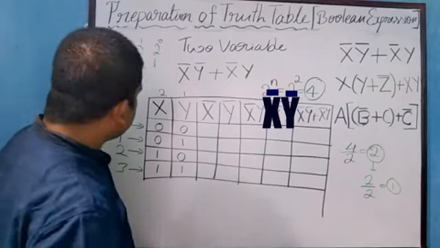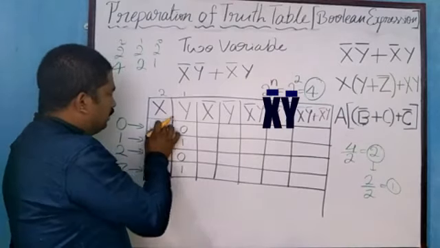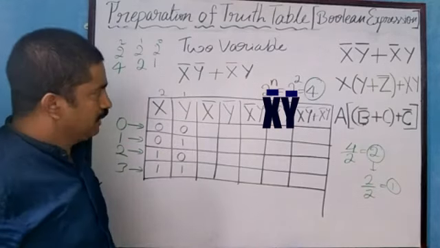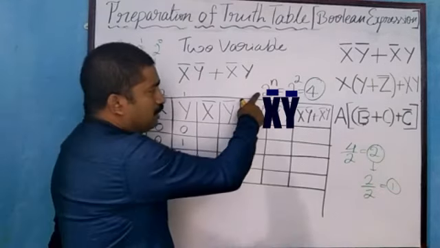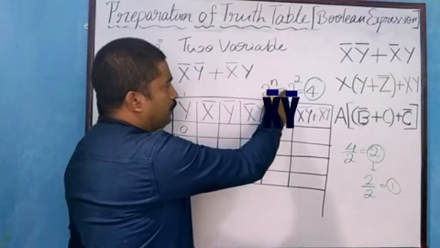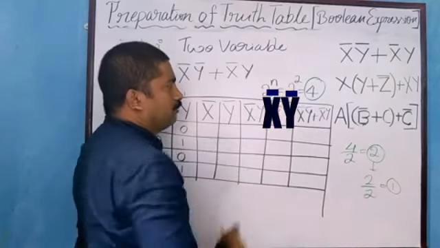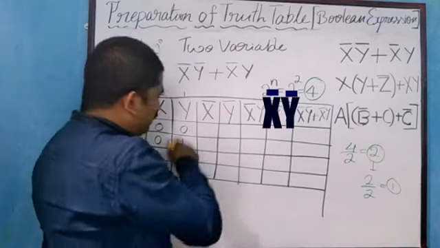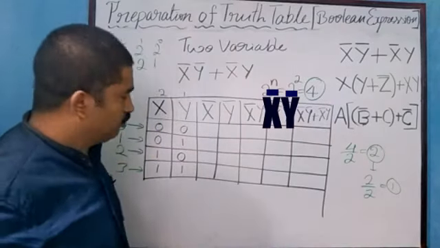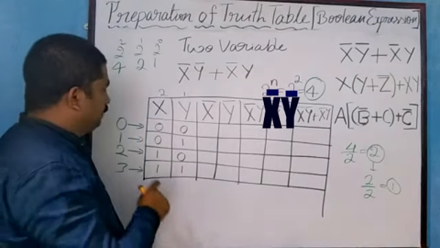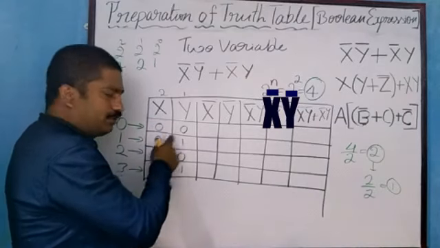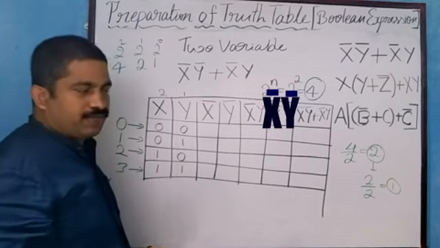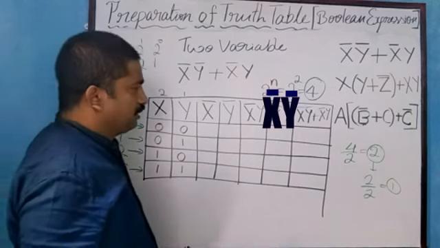Okay. So next you have to give the input values. No number should be repeated. So we have to use the general equation, that is 2 to the power of n. For 2 variables you have to write 2 to the power of 2, that is 4. Okay. How to write the values? If you know the binary numbers, you can blindly give the inputs, that is for 0, 0 0, for 1, 0 1, for 2, 1 0, for 3, 1 1. Otherwise, use this trick.